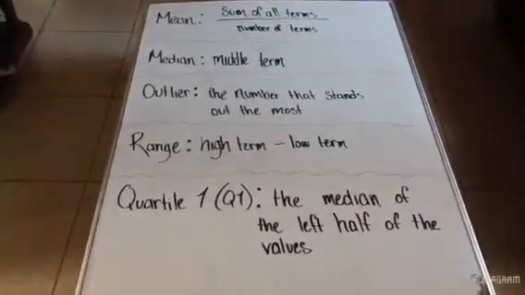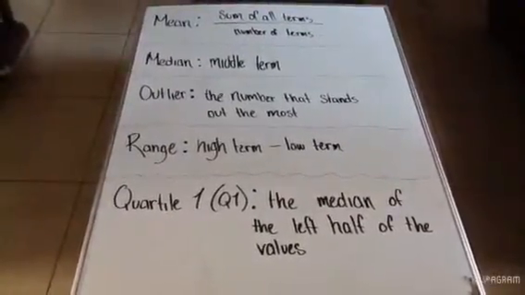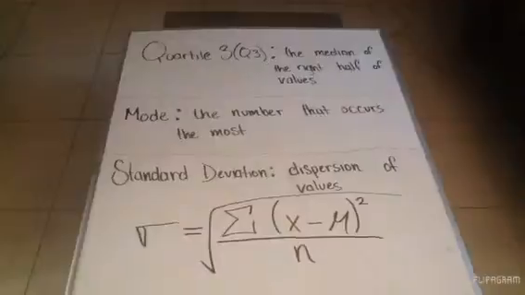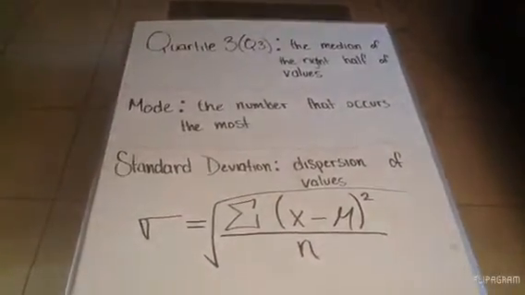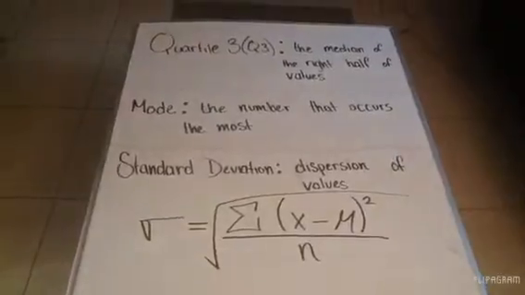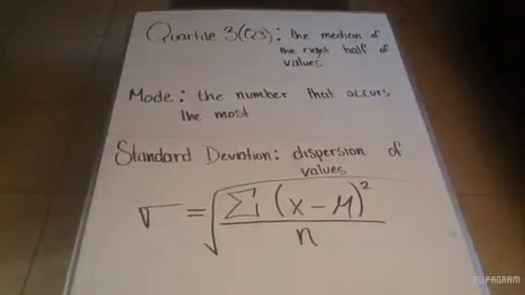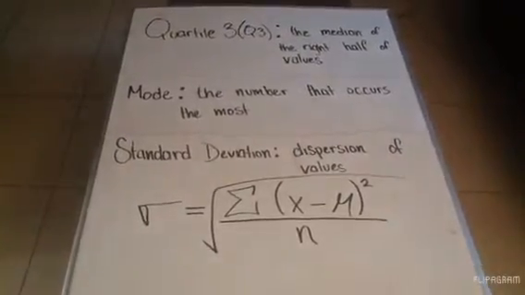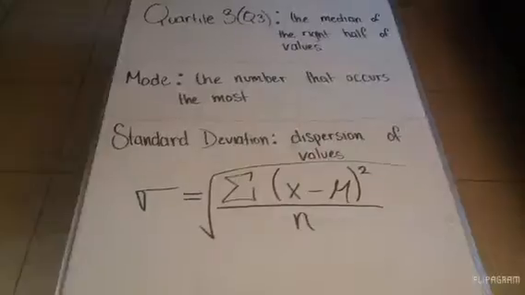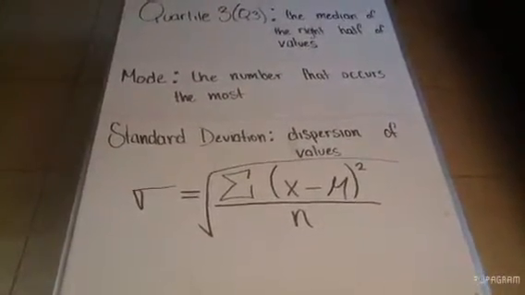Then you do the quartile 1, which is the median of the left half of the values. Quartile 3 is the median of the right half of values. Mode is the number that occurs the most. Standard deviation is the dispersion of values. The formula for standard deviation is the square root of sigma times x minus the mean squared over the number